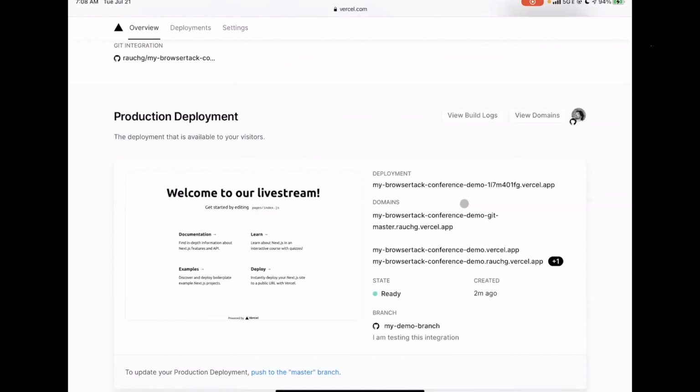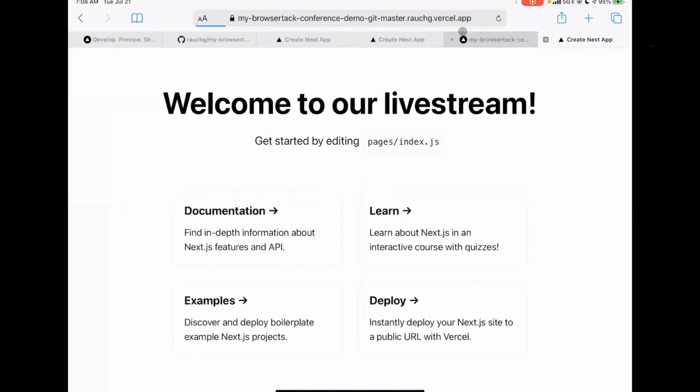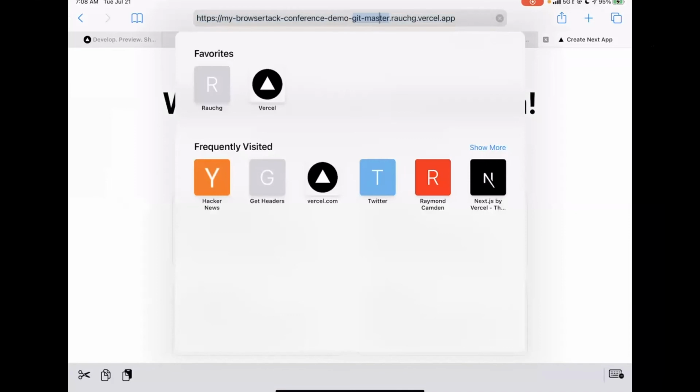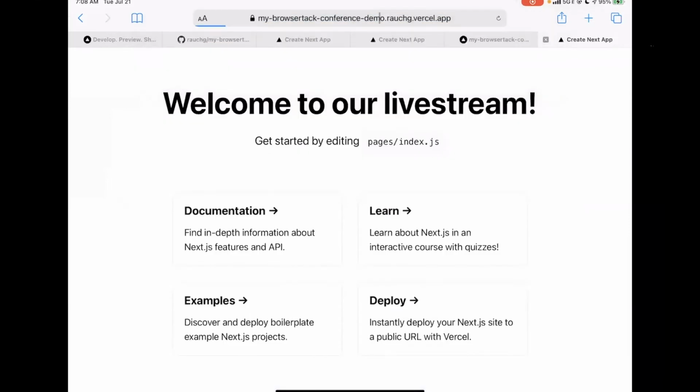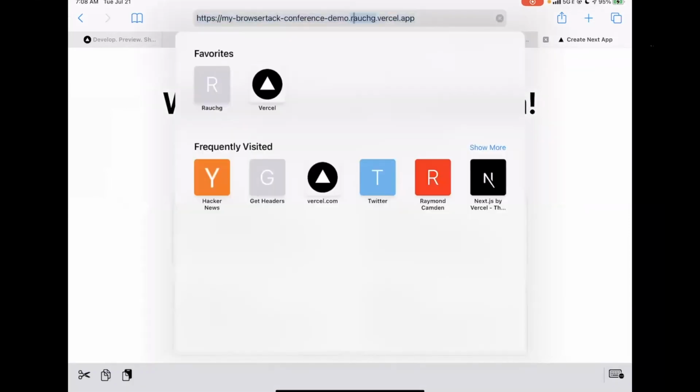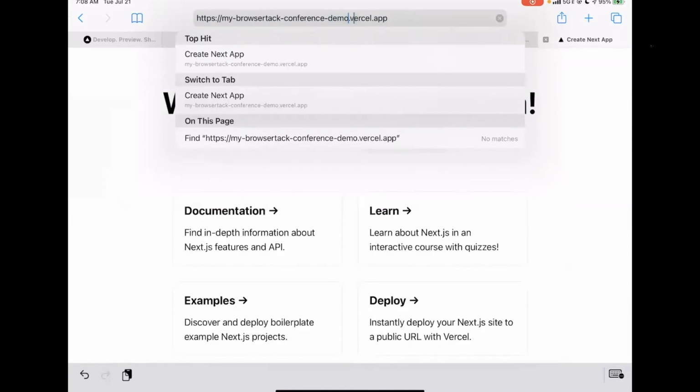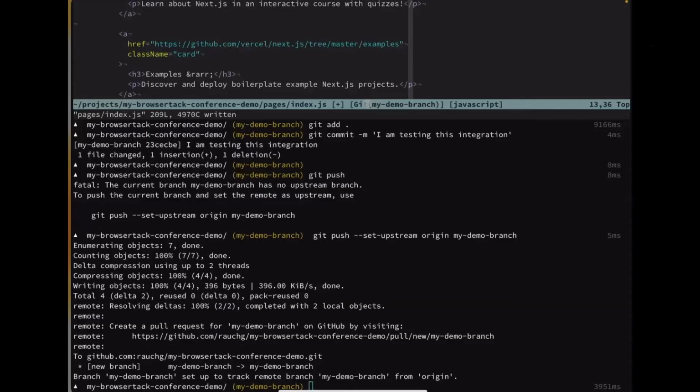And so this was my deploy URL. Let's visit it. So it was my BrowserStack conference demo.vercel.app. So let me remove this for a little bit. I'm going to go to my canonical production URL. Like, this could have been my .com, for example, and you're going to see that now my change is live. So this kind of gives you a quick overview of how the product actually works,